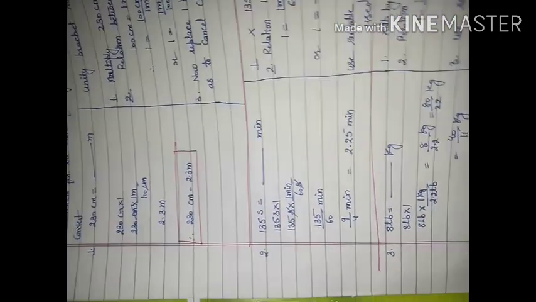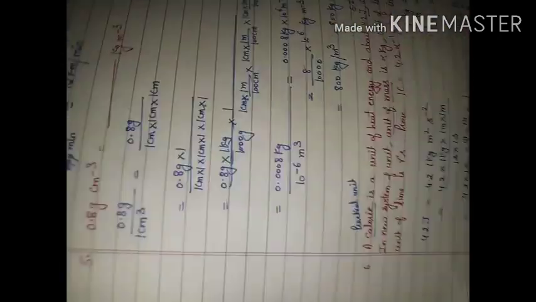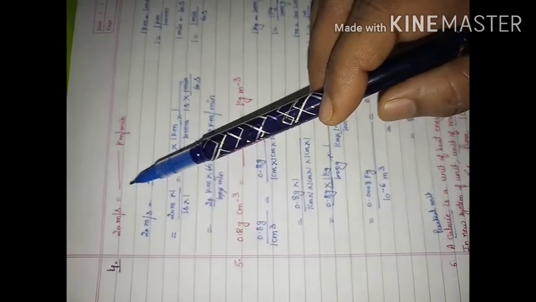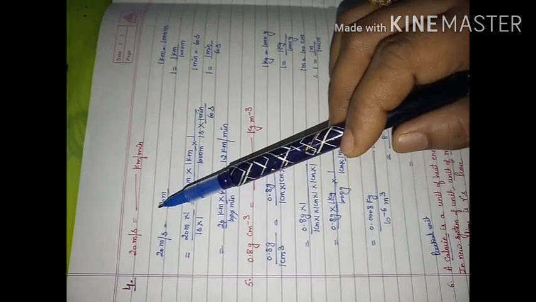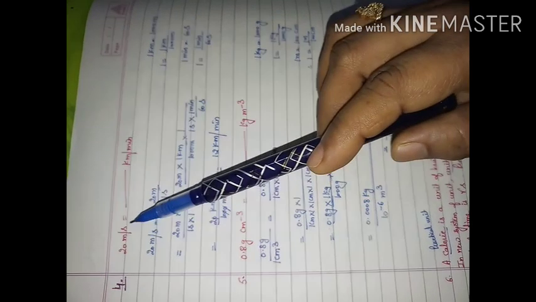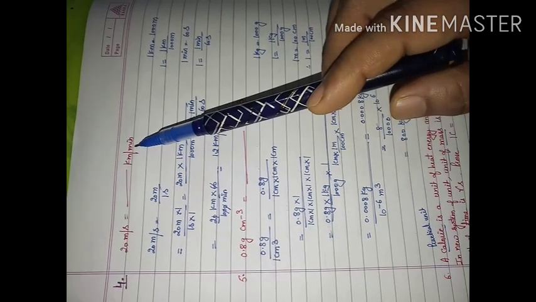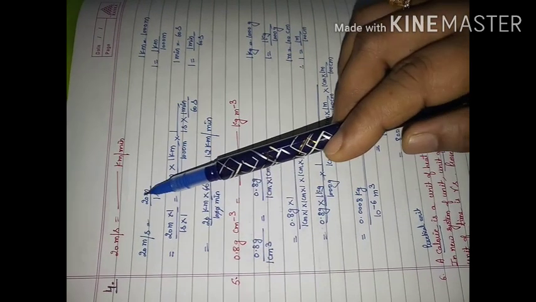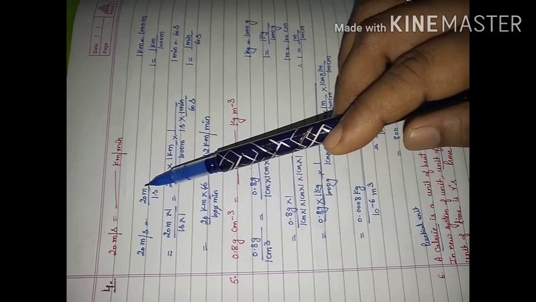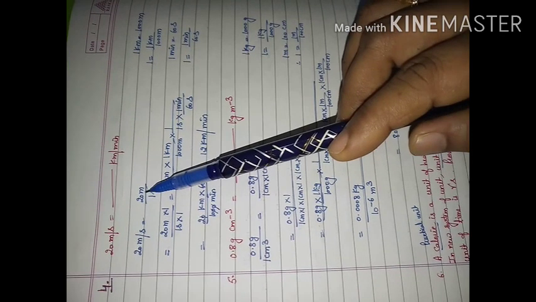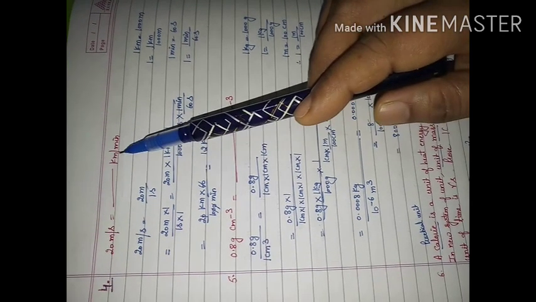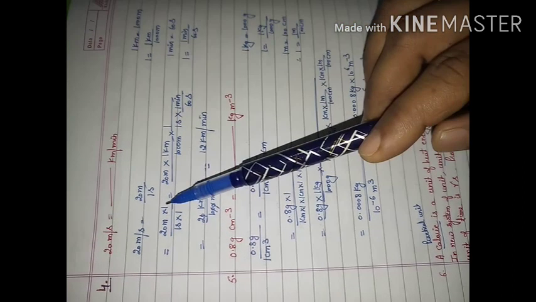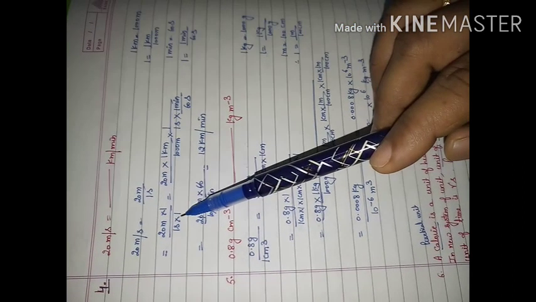A few more questions we will consider. If you are supposed to convert 20 meter per second, now the level is slightly higher than the previous one, 20 meter per second into kilometer per minute. Then 20 meter per second I can write like this. This unit is to be converted to kilometer and this we want to convert in terms of minute. So both will be multiplied by 1 and 1.